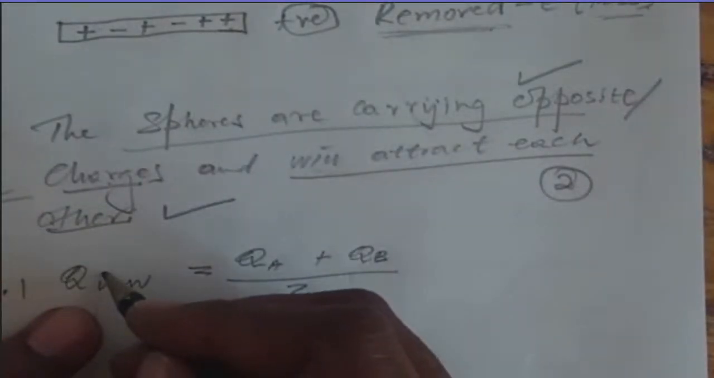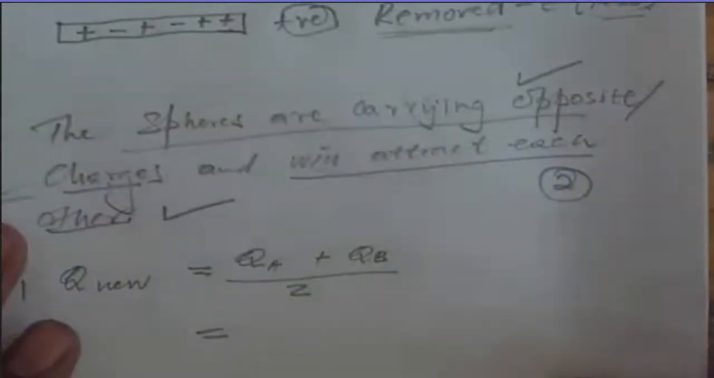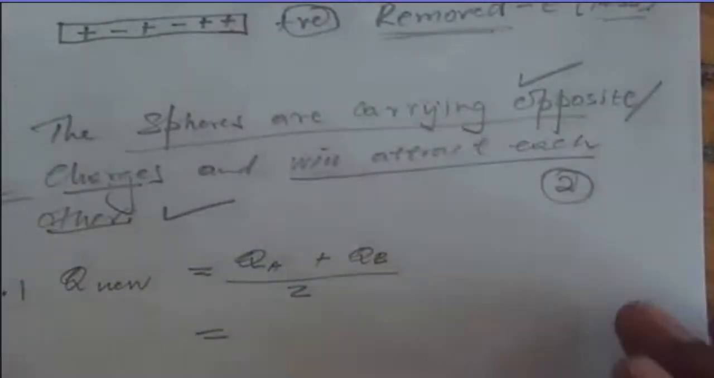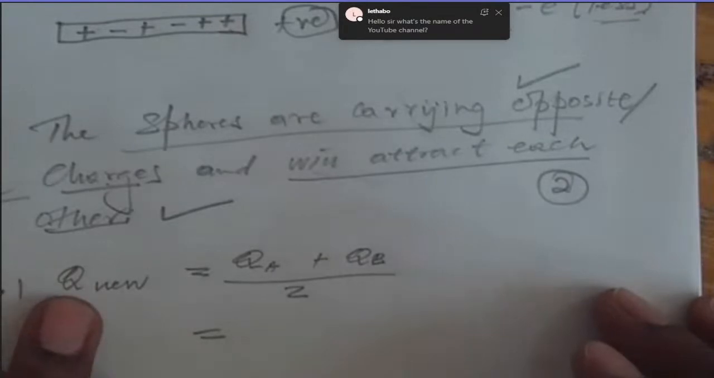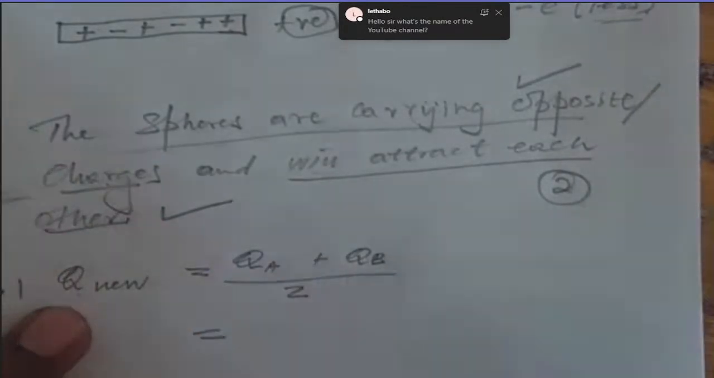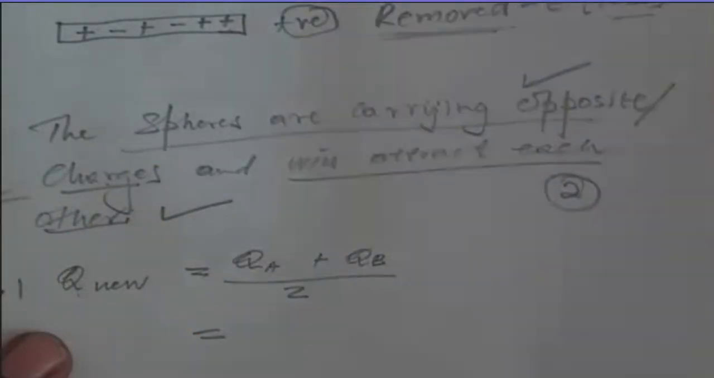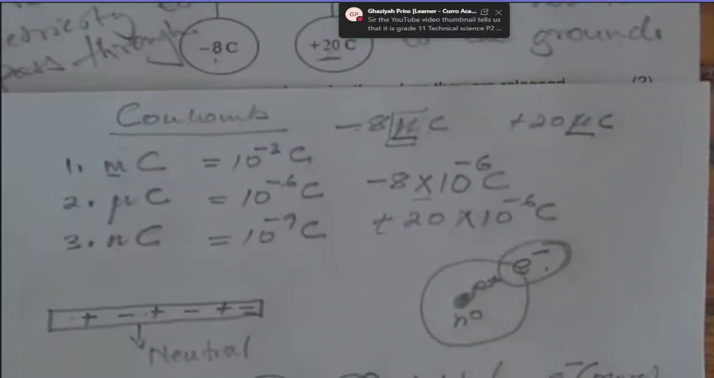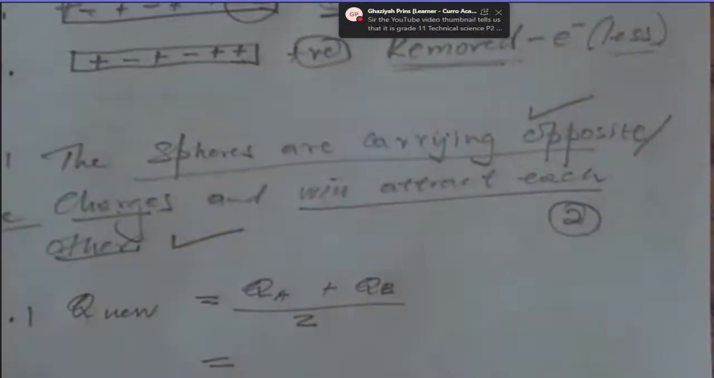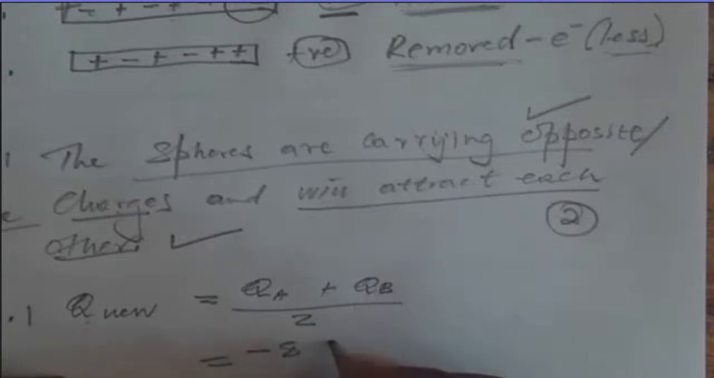Q4A, the charge. For now, we haven't done scalar and vector quantities. I want to explain why we need to indicate the negative and positive charge, but never mind about that one. So it will be -8 plus the other one, which is